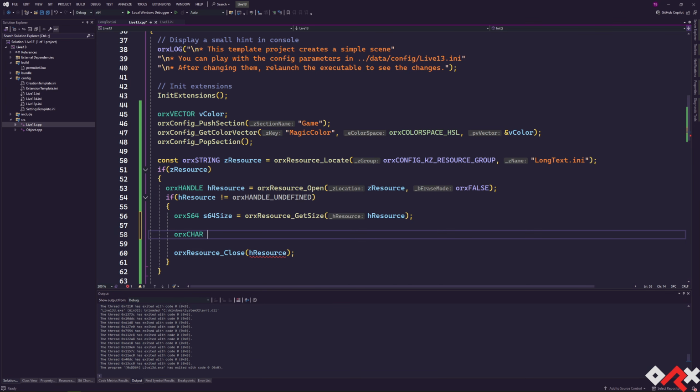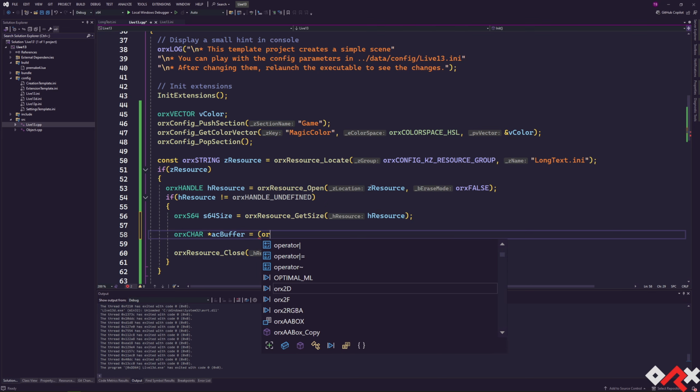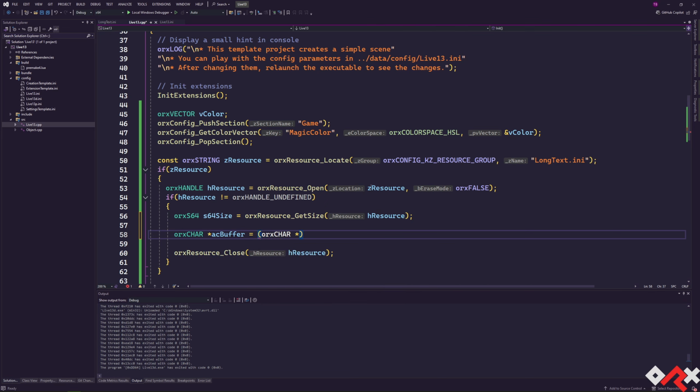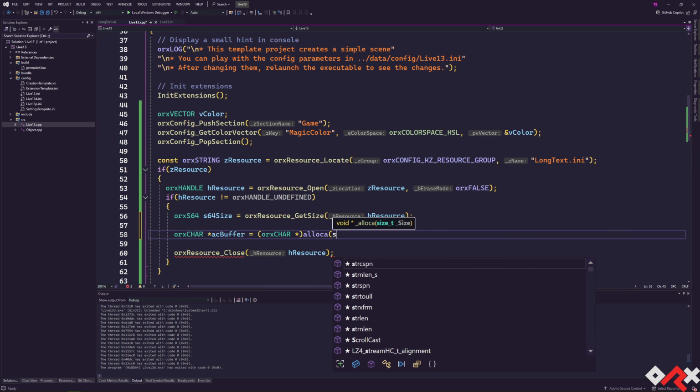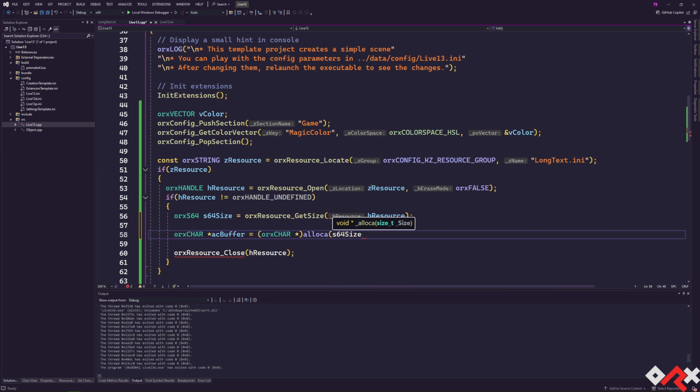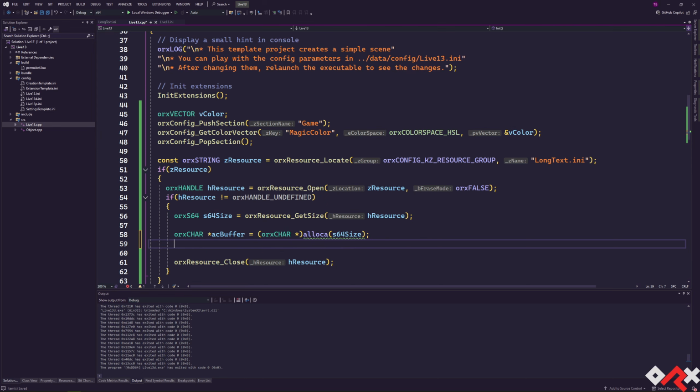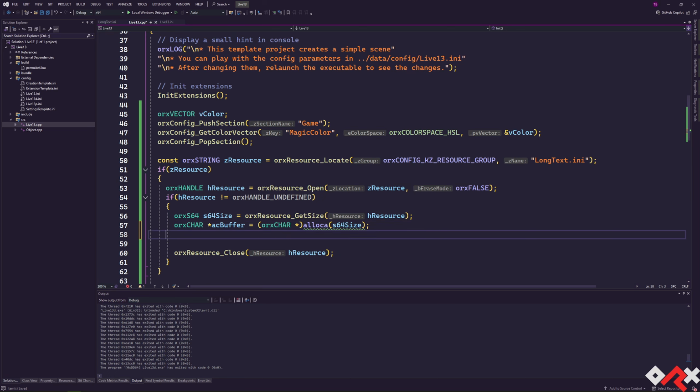So arcs car buffer, arcs car, and we're going to use allocar, and what we want is the size. Each character is 1 byte, so basically I just want to allocate the size of the buffer here. Now that I have this, we're going to